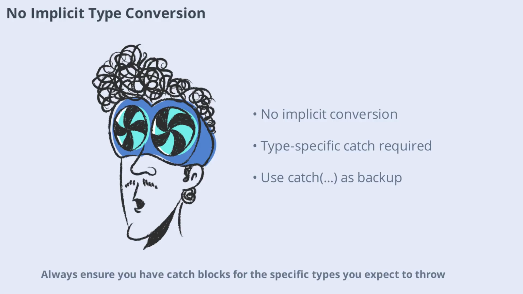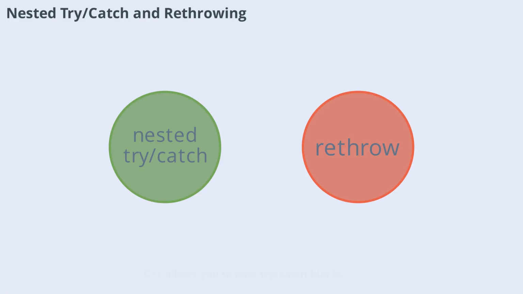Always ensure you have catch blocks for the specific types you expect to throw. C++ allows you to nest try-catch blocks. You can also rethrow an exception using the throw statement. This is useful when you want to handle part of an exception in one block and pass it up to another handler. For example, an inner catch block can handle some logic, then rethrow the exception for the outer block